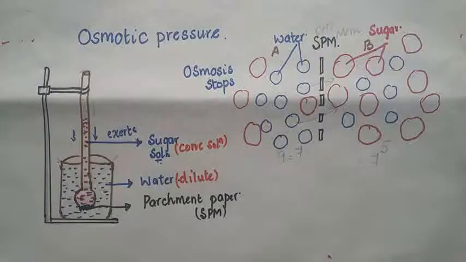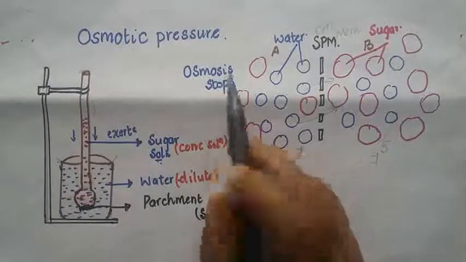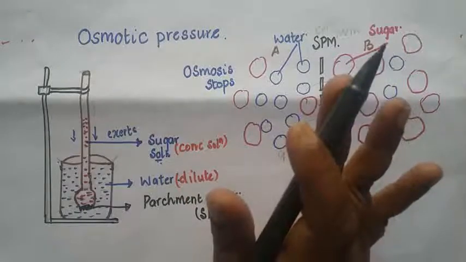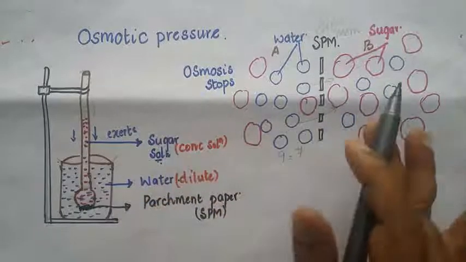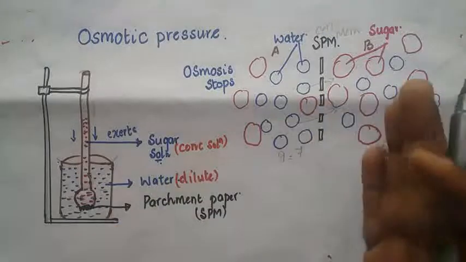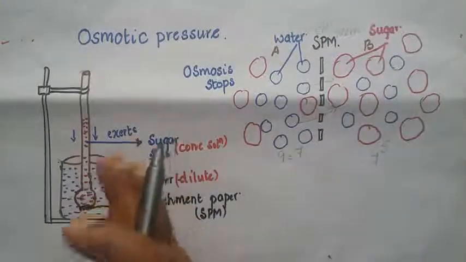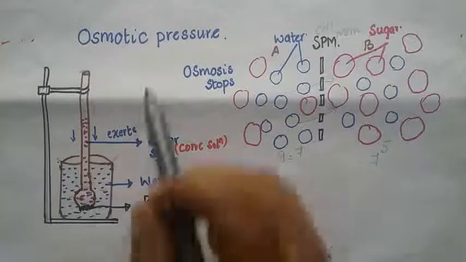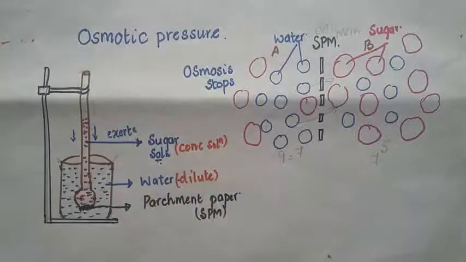Or in simple words, you can say that the osmosis stops even if there is a difference in the number of water molecules on either side of the cell membrane, which is totally different from what we learnt in the theory. So practically it does not occur. So there is an osmotic pressure developed, right? So this can be proved by taking an airtight piston.